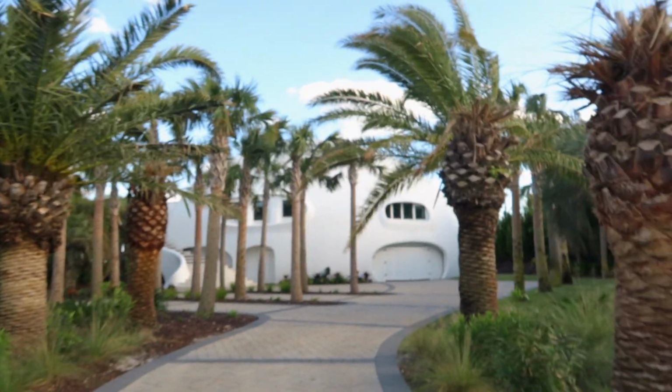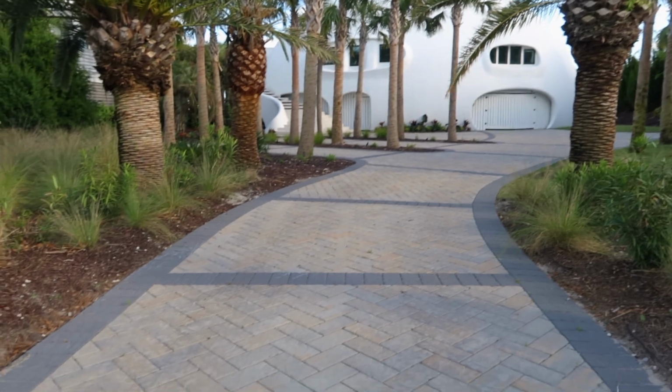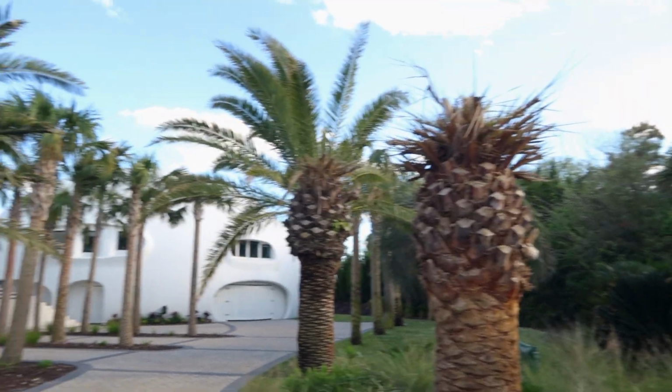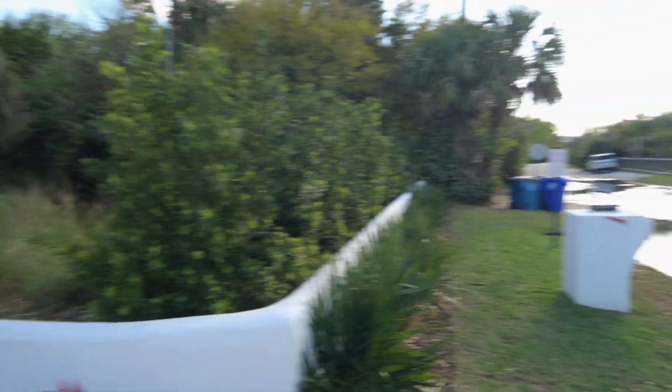All right, I made it through all that water. I just walked through the grass right there next to those garbage cans. And check that out. Ready for the unveil? Right here. That is the Luke Skywalker house. Look at that. Would that not be so freaking cool? Would that be your home? Look at that thing. It is completely domed up like A New Hope. But this here's it. Got some beautiful palm trees out here, even though that one's not looking too good, but the rest of them, how beautiful is that? That's really awesome looking. So now we're going to go over here and walk down the side of it